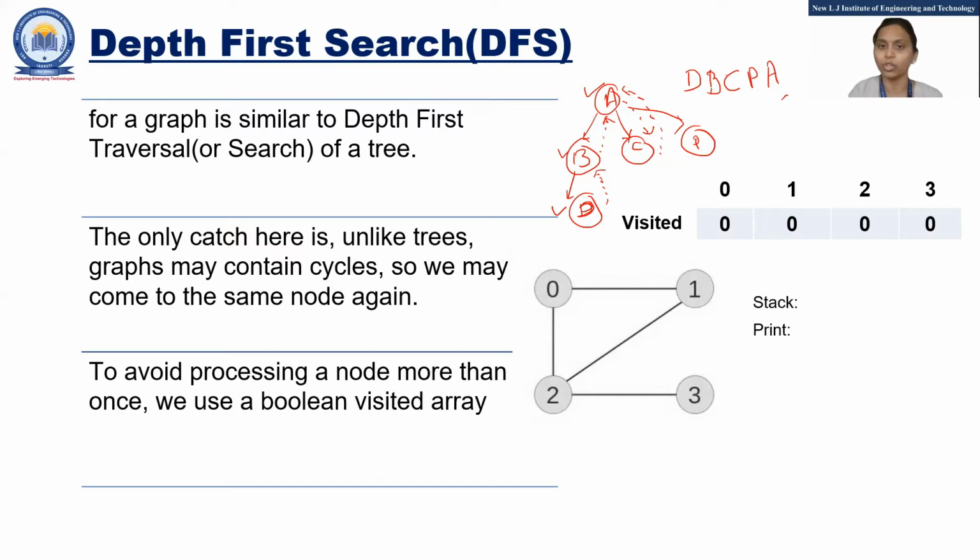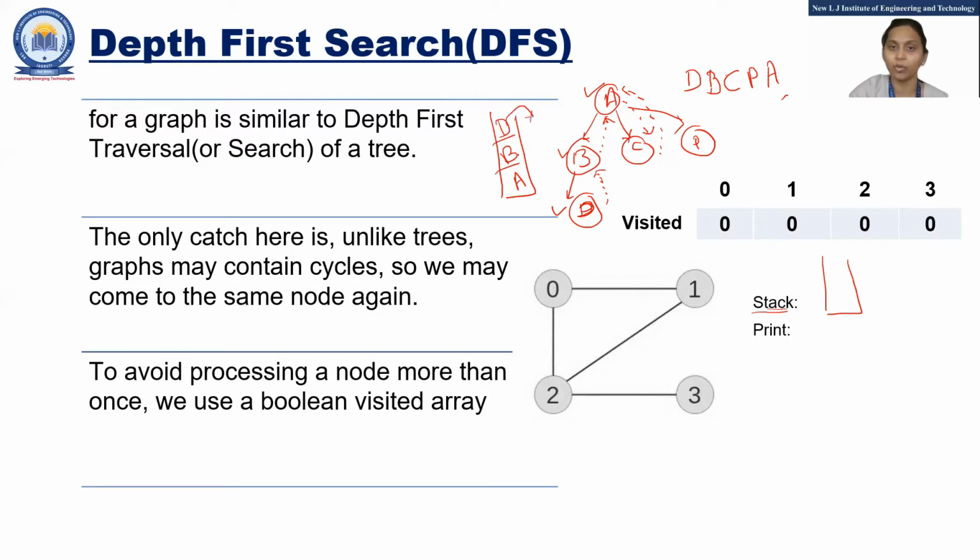Okay, that's why you want to set a flag. In a depth first search you are required to maintain a stack. If I want to do this in a stack format: A, then after that B, then after that D. And D doesn't have anything, so D would be popped out.